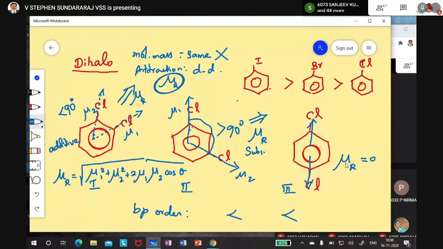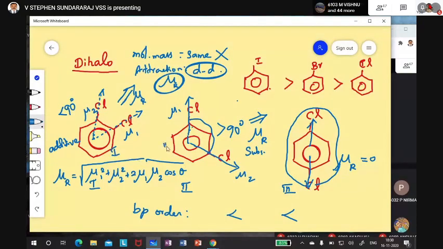represents the strength of the dipole. That means I am talking about the overall molecule. Bond doesn't matter, molecule only, because the intermolecular force of attraction is by the molecule only. This dipole attraction is the molecule dipole. That will be mu resultant. Now tell me who is having the highest mu? The first structure is having the highest mu.